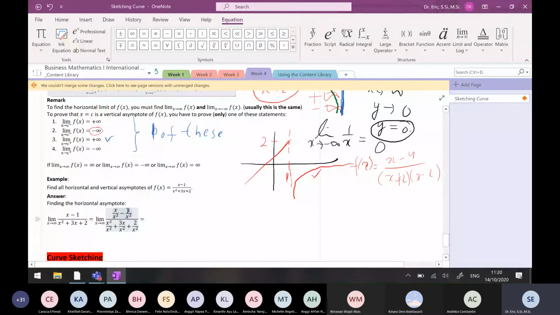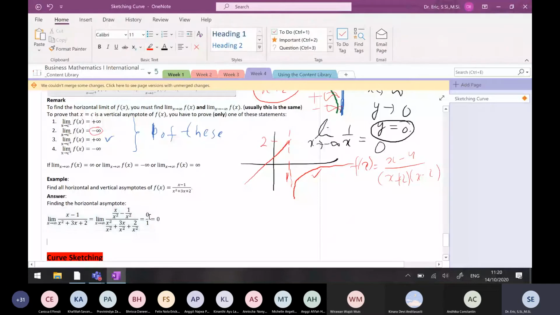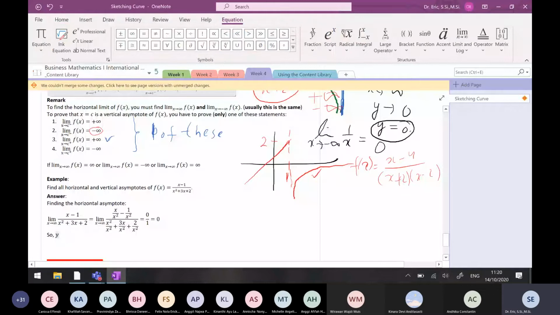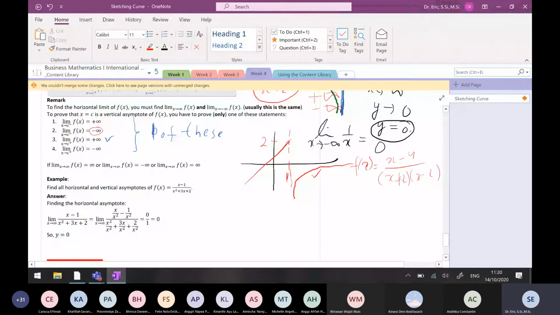The same here, 0. The same here, oh no, this is 1. This is 0. 3 divided by x, when x goes to infinity, will give you 0, and it will give you 0. So this is 0 divided by 1, and it will give you 0. So